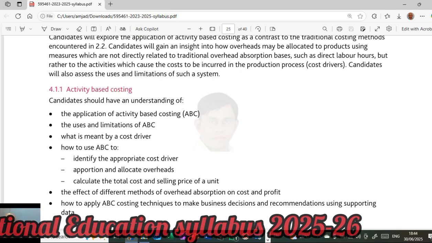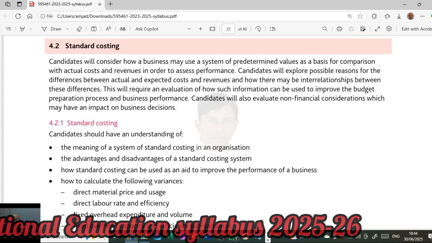Okay, so, dear friends, standard costing. This is part of cost and management accounting in A levels. Standard costing is very technical and it's head breaking, so you might have to break your head on this. It's somewhat tricky and complicated if you don't understand. If you understand, it's very simple, and definitely questions are asked from this. In almost every exam, questions are asked, and it's very important.